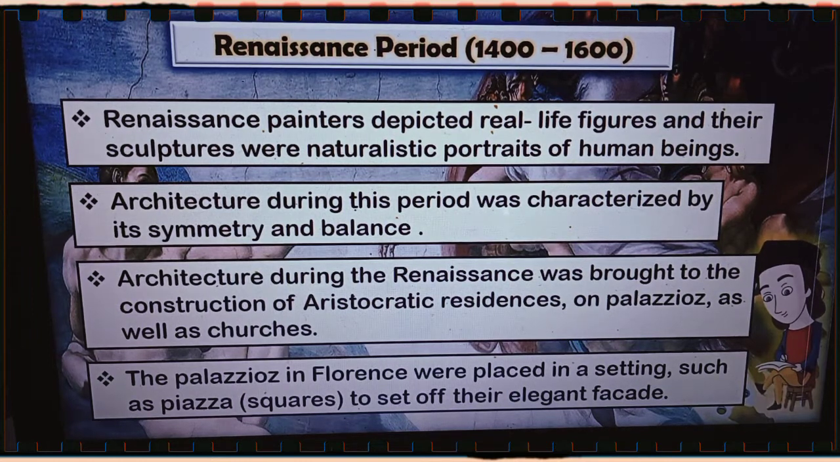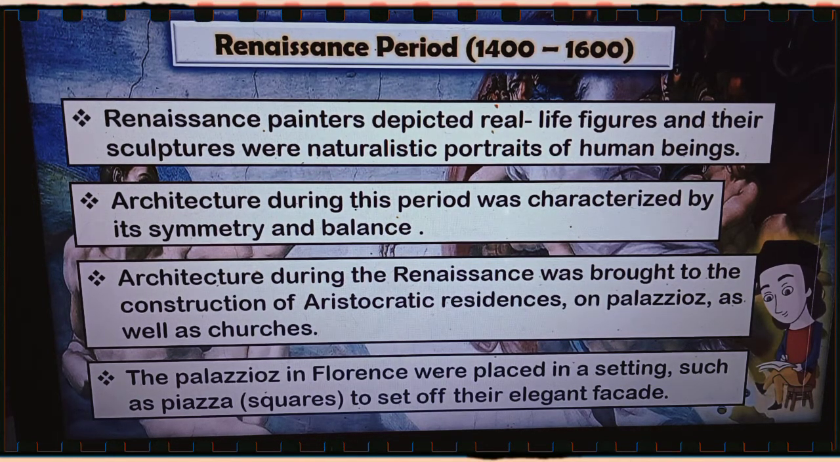Renaissance painters depicted real-life figures, and their sculptures were a realistic portrayal of human beings. Architecture during this period was characterized by its symmetry and balance. Architecture during the Renaissance was devoted to the construction of aristocratic residences, palaces, as well as churches. The palaces in Florence were placed in a setting such as a piazza, square, to set up their elegant